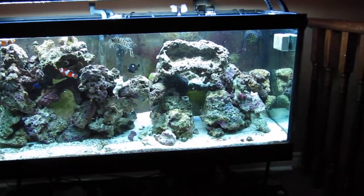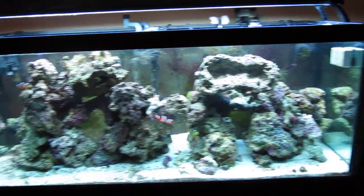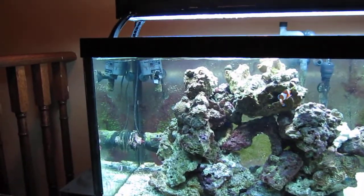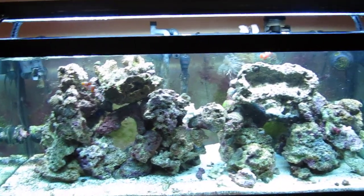As for water flow, I got 3 Koralia powerheads, and I got a MaxiJet 1200 up there, so I'm getting a really good flow. There's a great undertow going